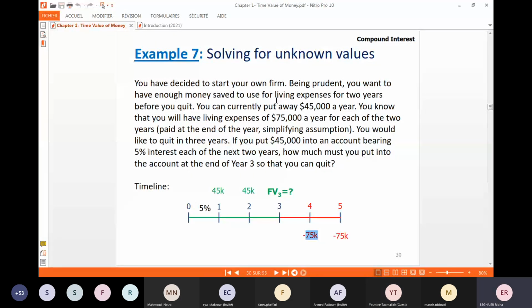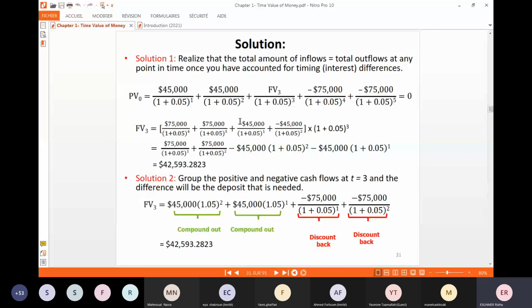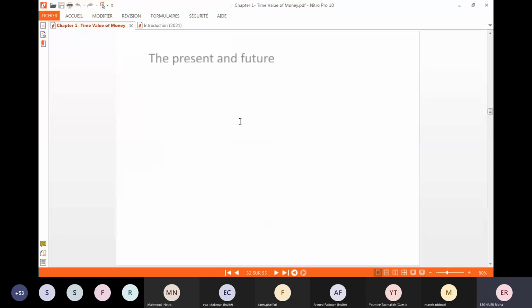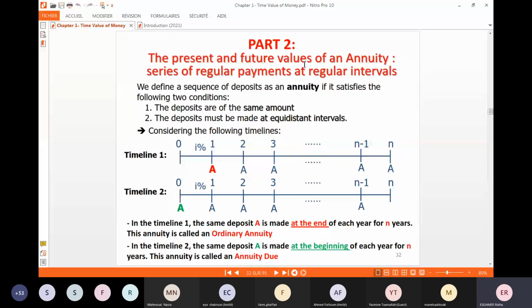Let's just finish this part 2 to be able to do some exercises in the tutorial. So now, suppose that we want to compute the present value or the future value, not of a lump sum, a single amount. Suppose now that we have the same amount deposited or to be received